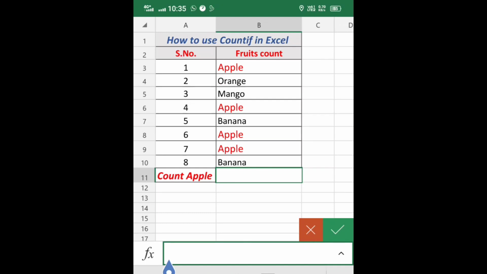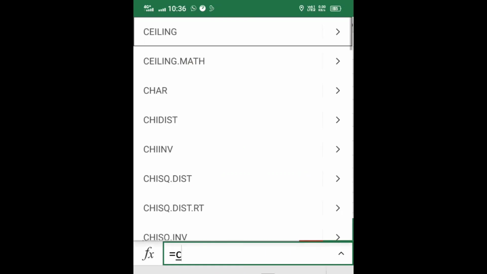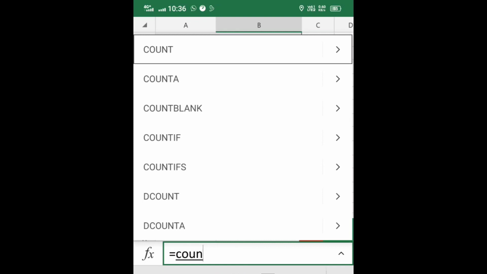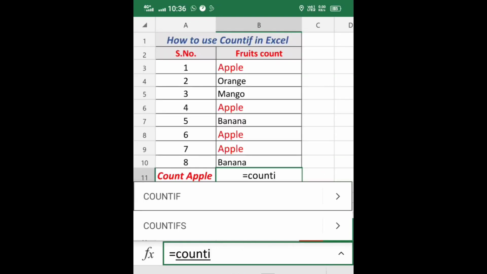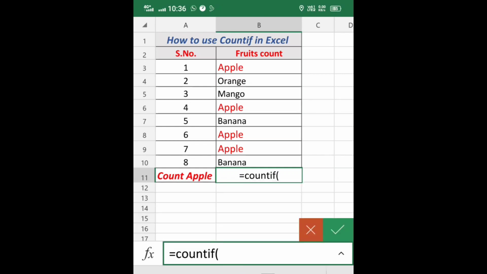equal and type Countif. Type Countif and open the bracket, and you have to select the range. For that I select the particular column, that big column I will select, and you have to put a comma,